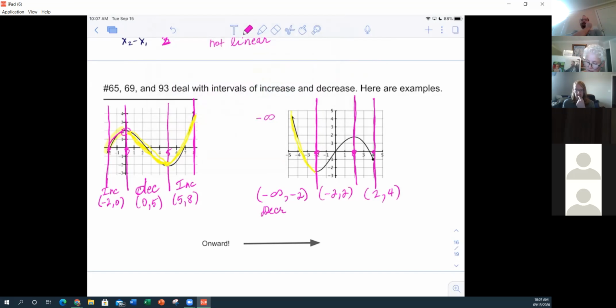And what is happening from -2 to 2, we are increasing. And what is happening from 2 to 4? We are